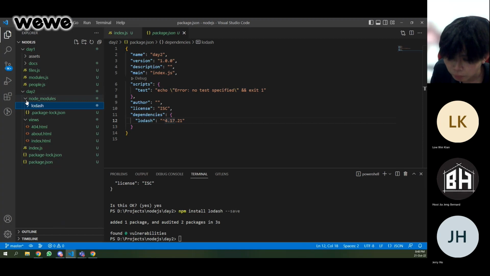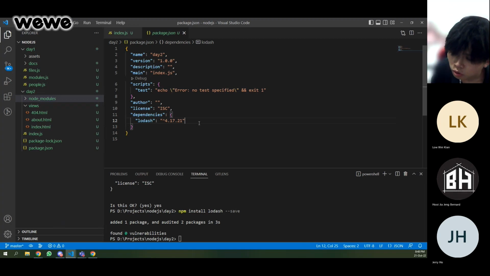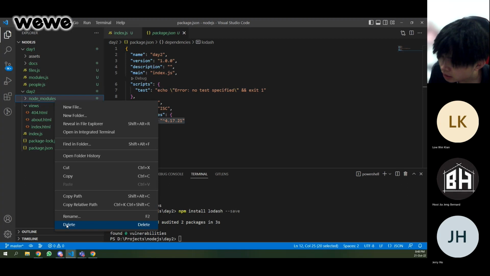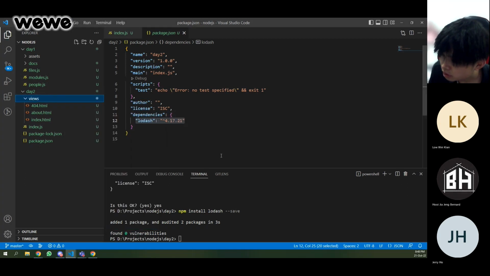So this thing is not gonna be uploaded to GitHub. Node modules will always be ignored. So no one will upload node modules to GitHub or anything. So for example, if you want to import code from your friends or from your colleagues, it's new code. You actually refer to package.json. For example, right now I have Lodash installed, so I can actually delete these node modules. Okay, it doesn't matter. So what I deleted,